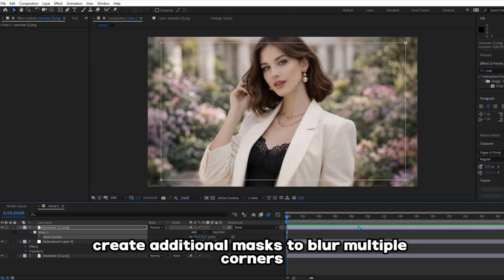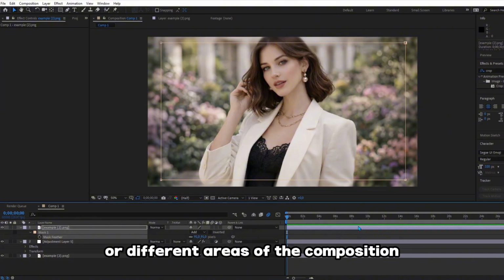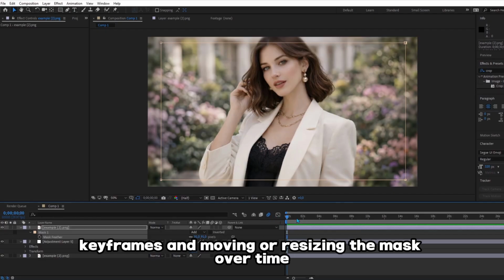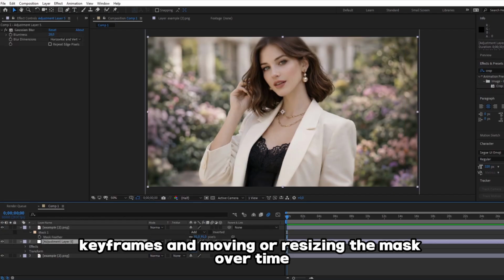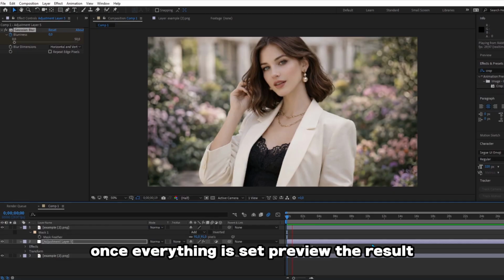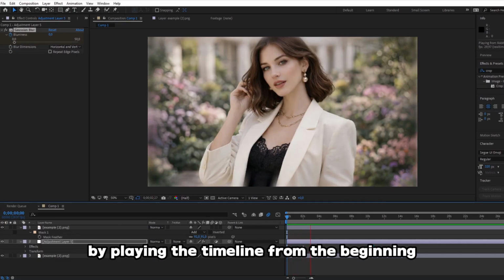If needed, create additional masks to blur multiple corners or different areas of the composition. You can also animate the mask by enabling mask path keyframes and moving or resizing the mask over time to create dynamic blur movement. Once everything is set, preview the result by playing the timeline from the beginning and check